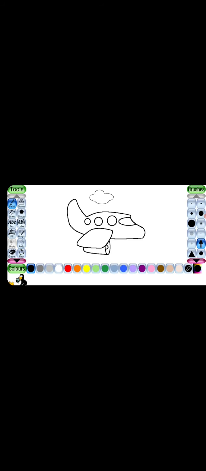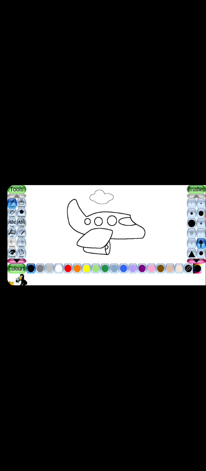Yes. If you have already done something, you have to save it. Or if you don't want to save it, just click on that cross sign. If you want to save that previous picture, just click on the right sign. I haven't drawn anything, so I am not saving that image. I am clicking on the cross sign, and our selected picture, the aeroplane, is in front of us on our white background.